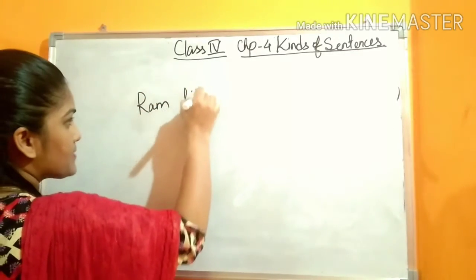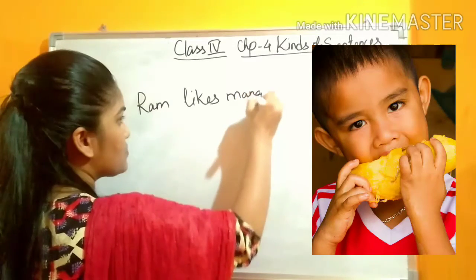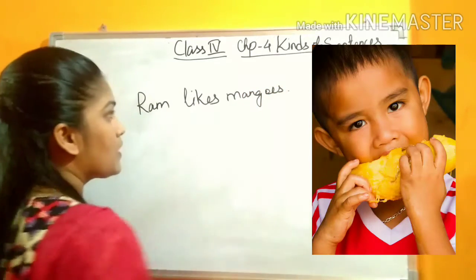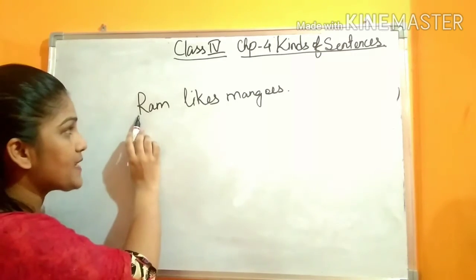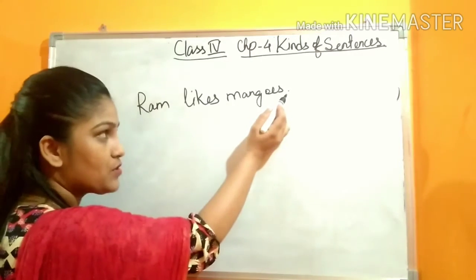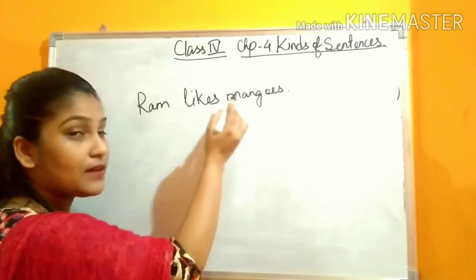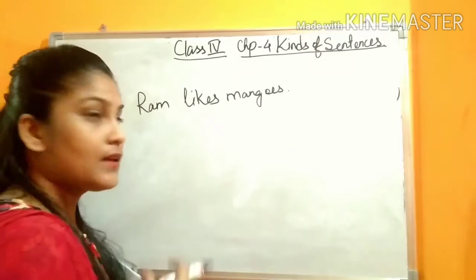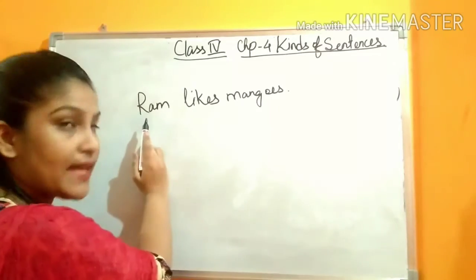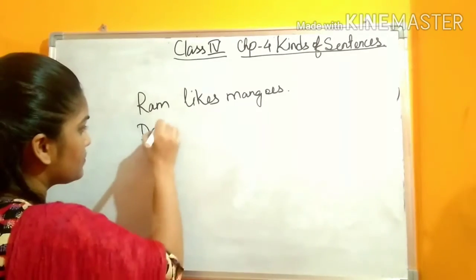Ram likes mangoes. Is this a sentence? Yes, because it starts with a capital letter and it ends with a full stop and it also makes complete sense. Ram, subject, verb, object. That is why we can consider it as a sentence. Yes? Now,